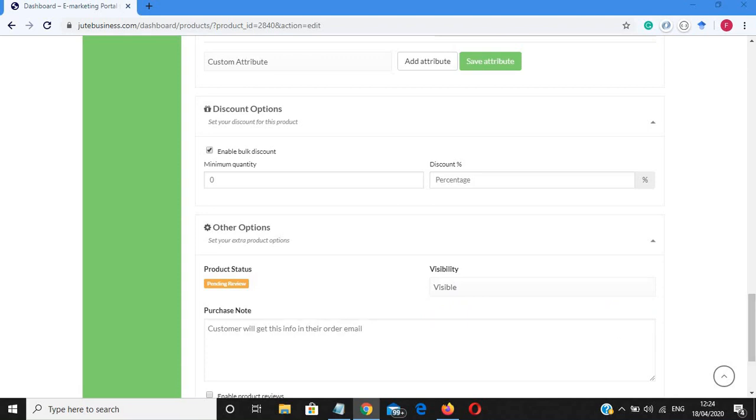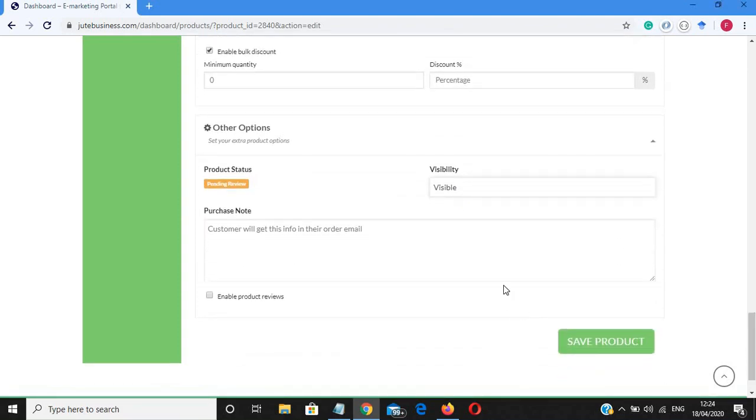After that, the purchase note section. Here we can see the purchase note section. The purchase note is mostly for the customer. When the customer purchases our product, this note will be sent to the customer by email. Whatever we enter here will be sent to the customer by email.